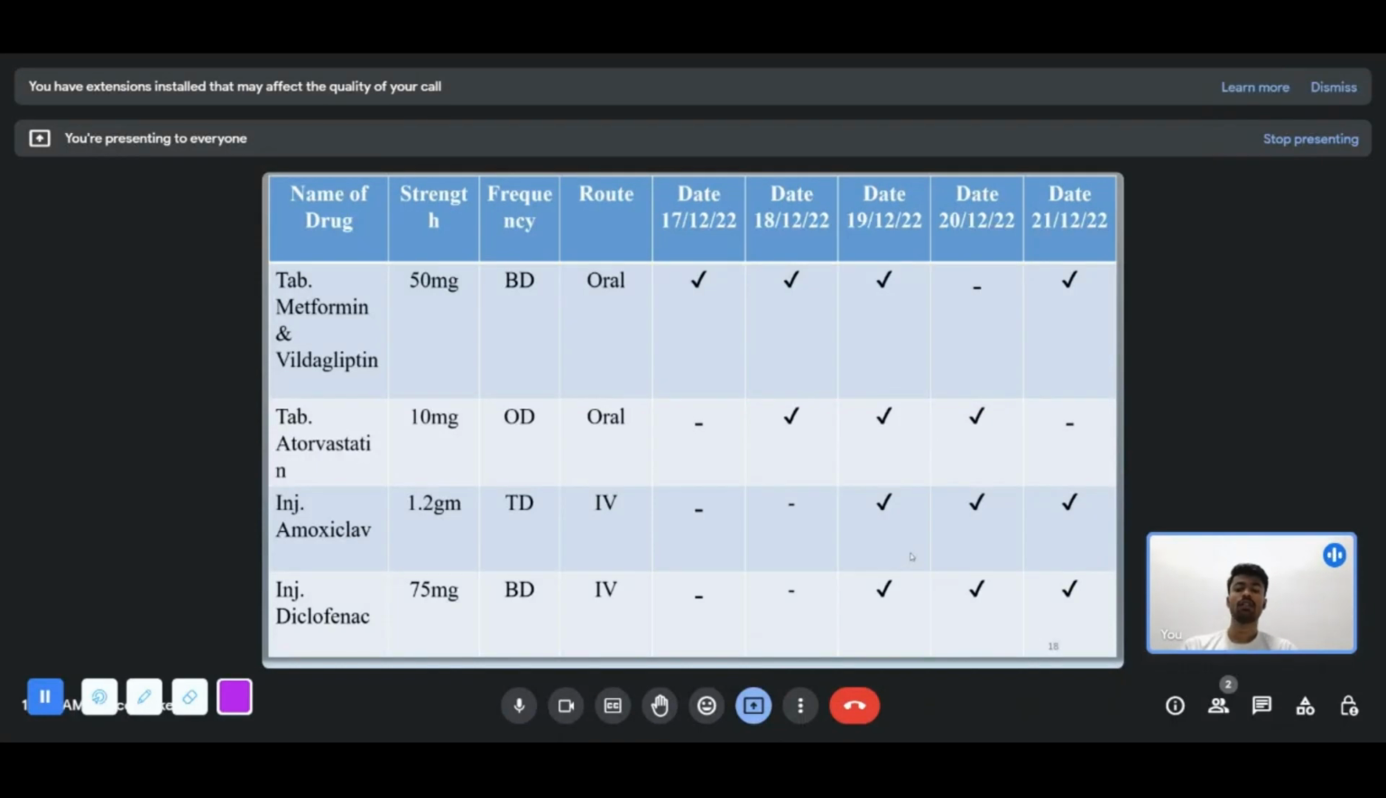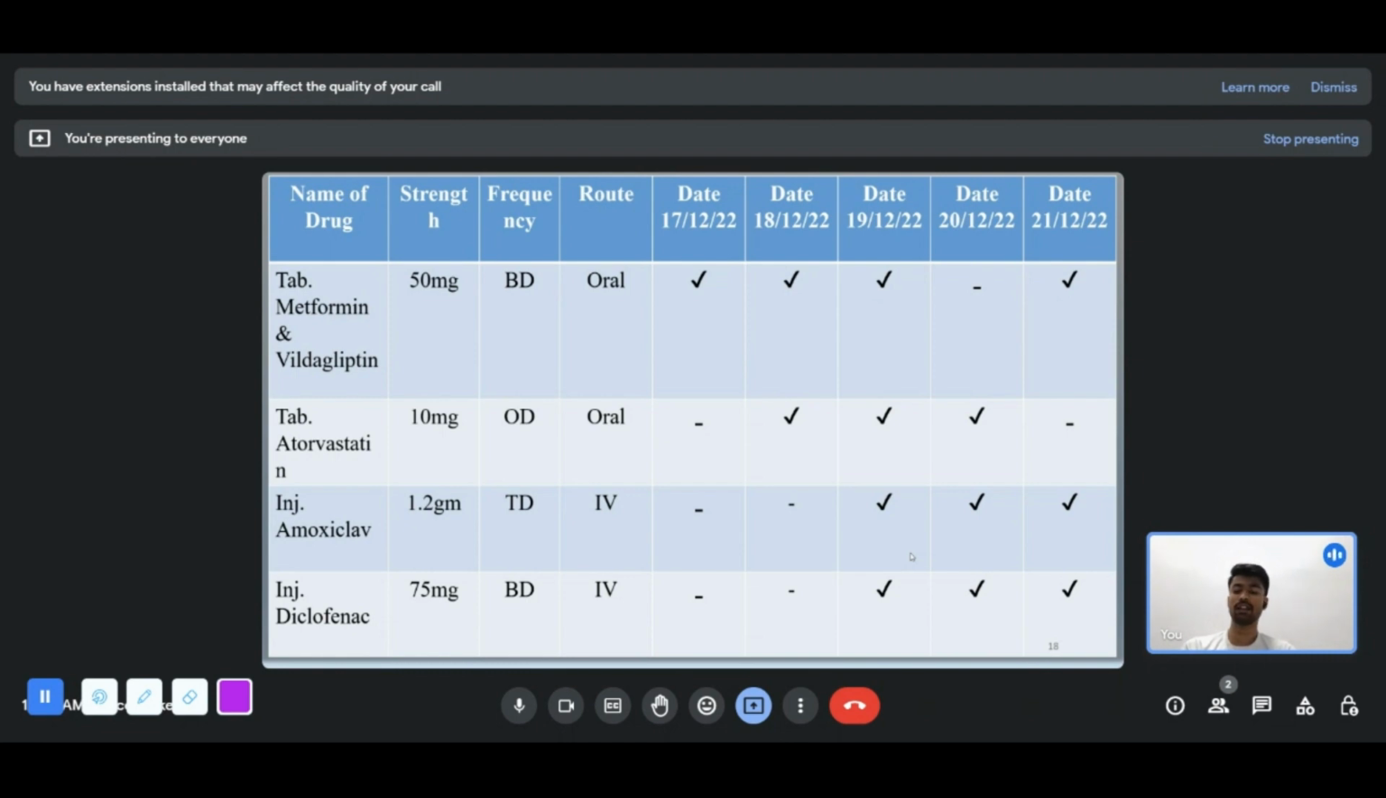Strength 10 mg once daily by oral route. The date on the given drug is 18, 19, and 20. Next is amoxiclav. Amoxiclav is a combination of amoxicillin and potassium clavulanate. The strength is 1.2 gram thrice a day by IV route, and it is given on 19, 20, and